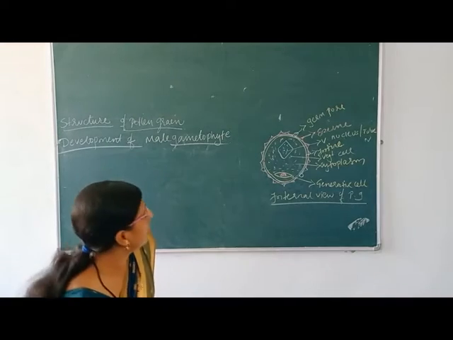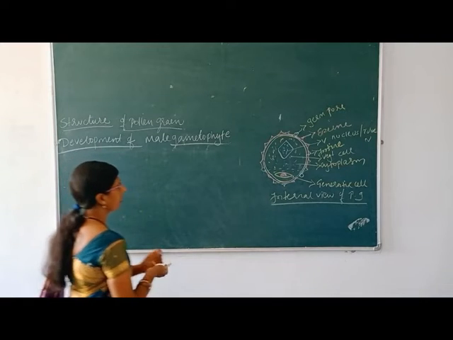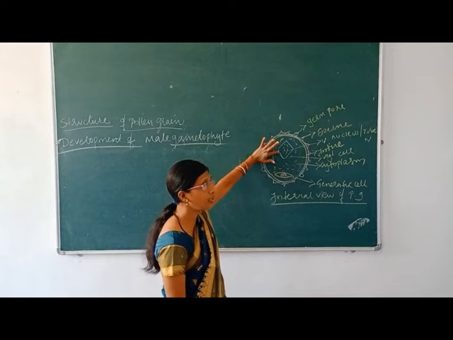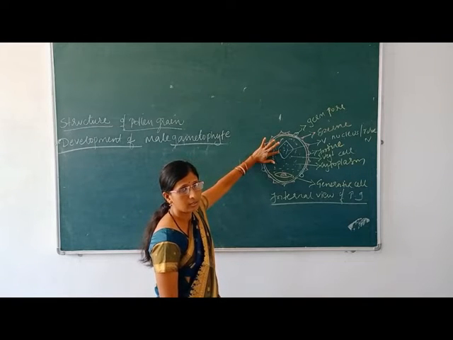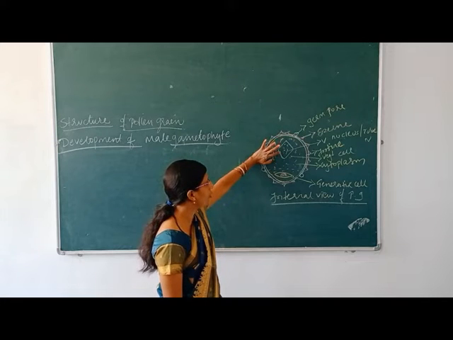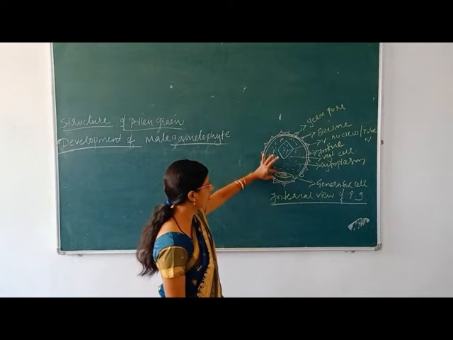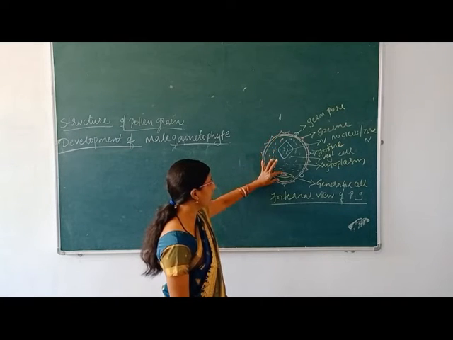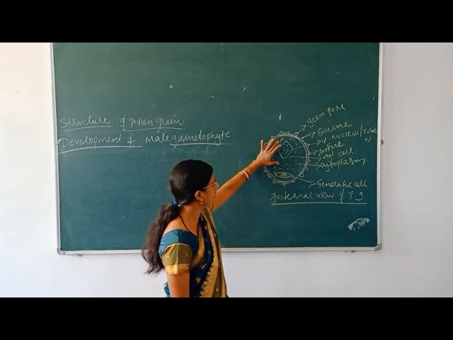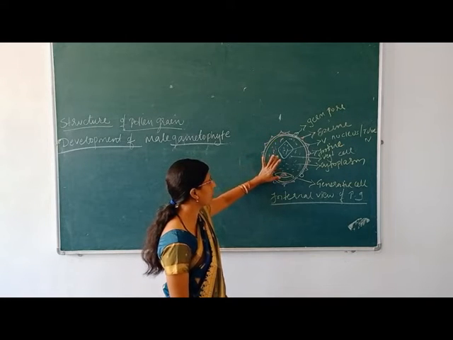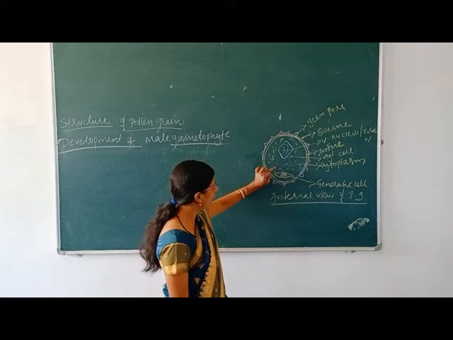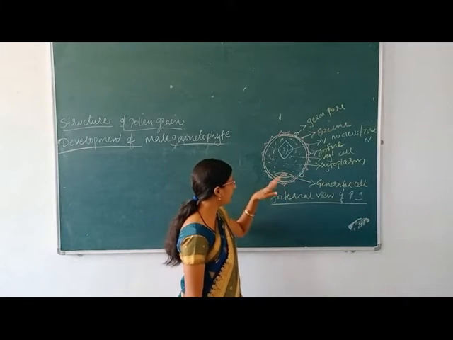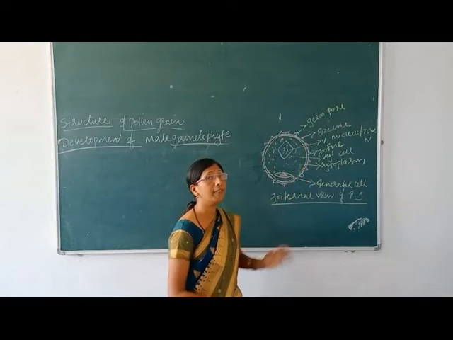Let us study the vegetative and generative cell. This is the vegetative nucleus. Vegetative nucleus is called the tube nucleus, which helps the growth of the pollen tube. And this is the generative cell, smaller, with an irregular spindle shape. It has dense cytoplasm, which is separated by a callus plug. When this callus plug disintegrates, the generative cell floats in the cytoplasm of the vegetative cell.